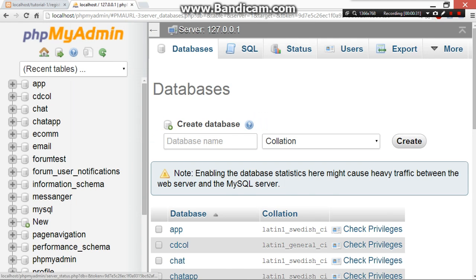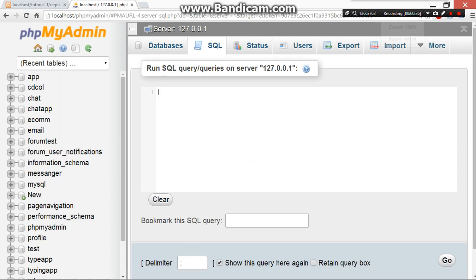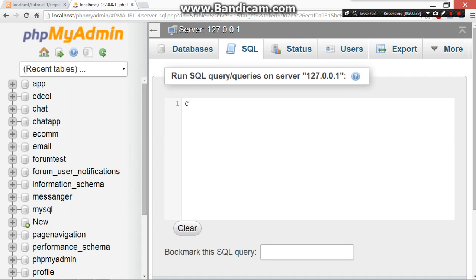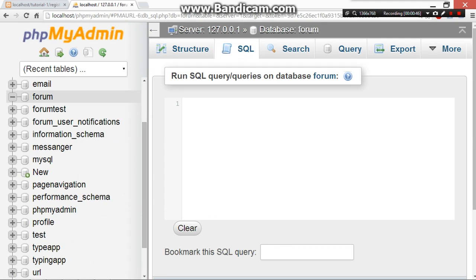So right now I'm gonna go to the PHP MyAdmin to create a database called forum. And then inside the forum I'm gonna create a table called users, which will store the information for our users, which is their username and password, and their ID to identify them in the web service. So the first field is going to be ID,